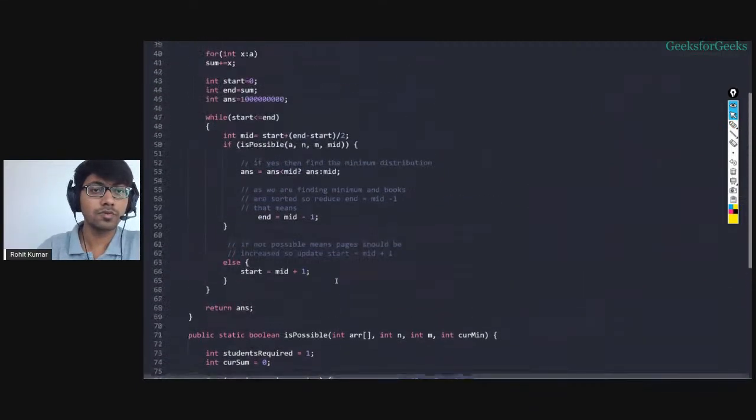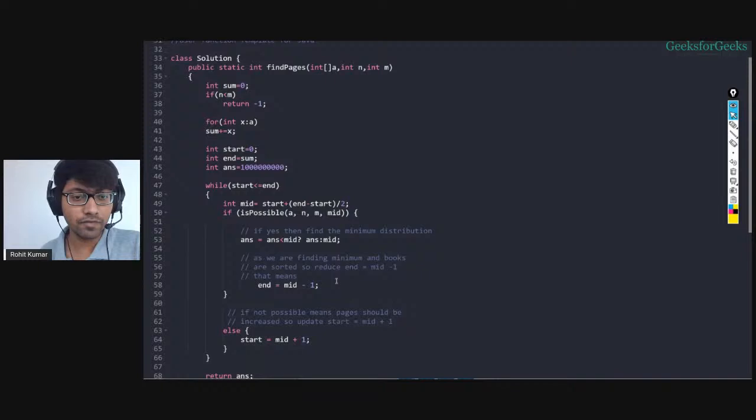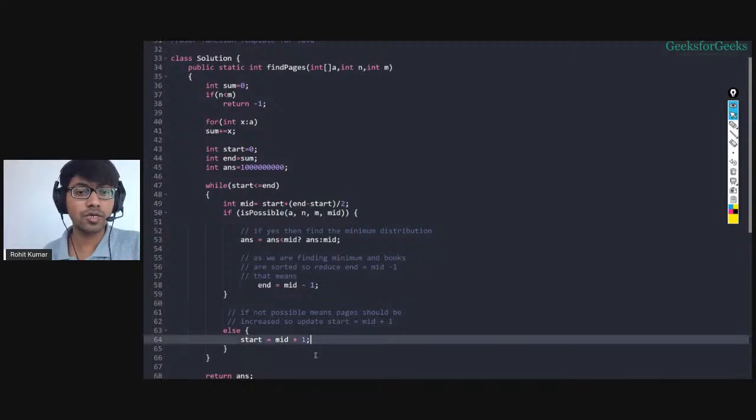Okay, you go up and you come to this part of the code, where you increment your start to mid plus one, increasing the burden on students and increasing the number of pages on each of them, because what you do, you have made your